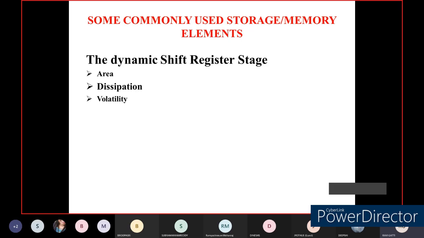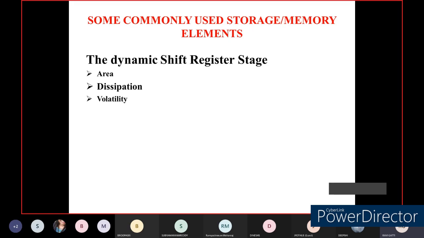The next one is power dissipation. The amount of power utilized by a shift register or a single element to produce the output also plays an important role in measuring the performance of storage elements. If the storage element has not been clocked or triggered, it has to be in idle mode, and as a good designer, in idle mode all the elements should consume a minimum amount of power so that the power constraints of the entire subsystem can be met.